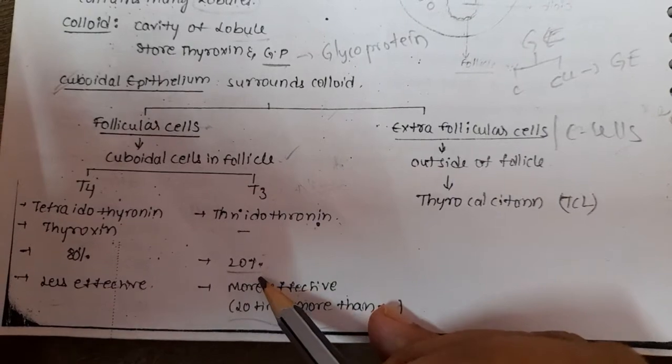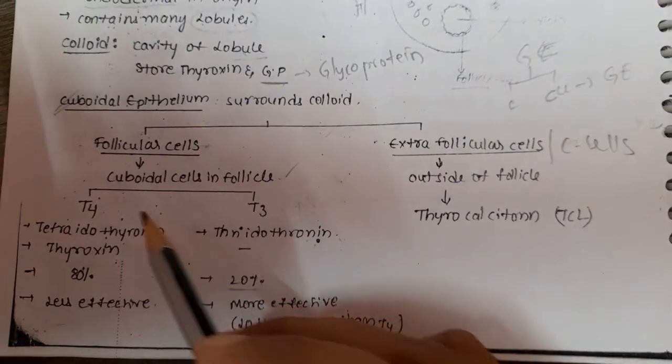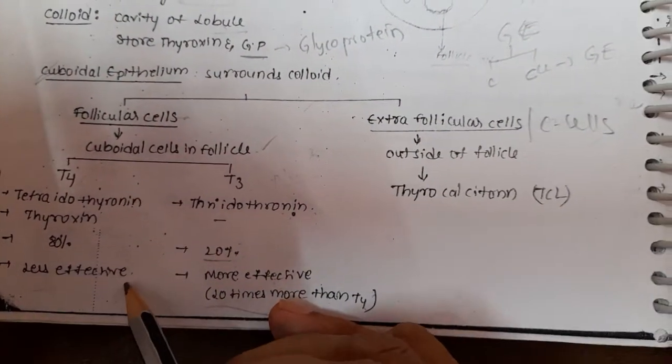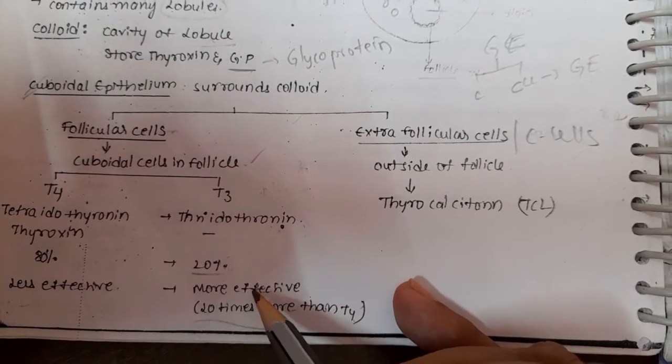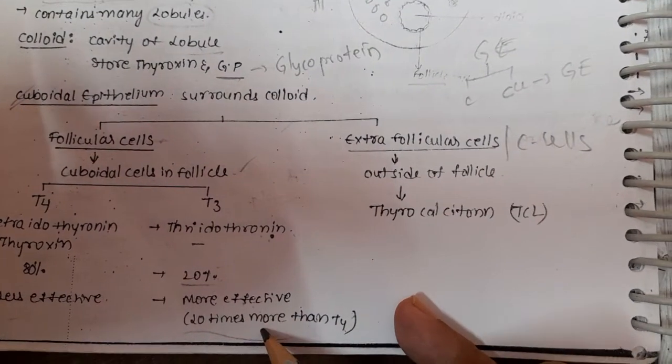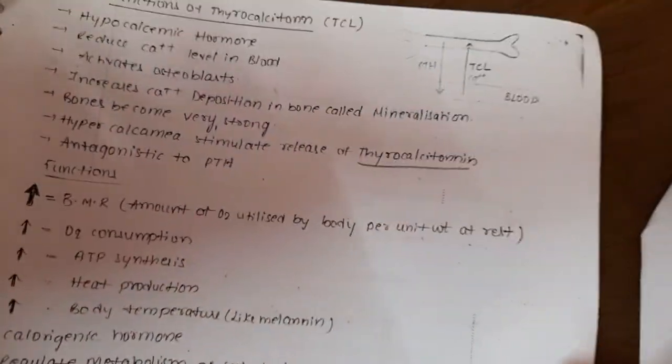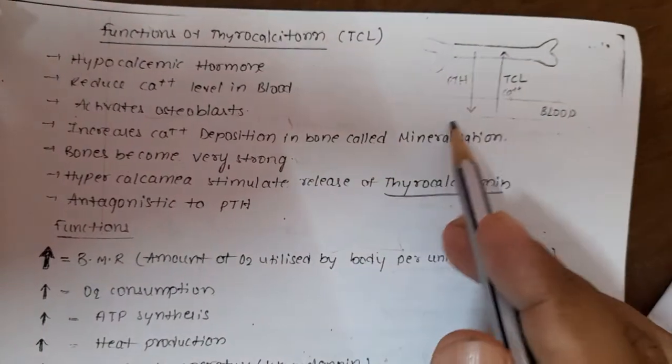Next one is T3, 20%. T3 is 20%, T4 is 80%, and T4 is less effective. T3 is the lesser one but more effective, 20 times more than T4. Okay, now come to this part. What is this one? Functions of